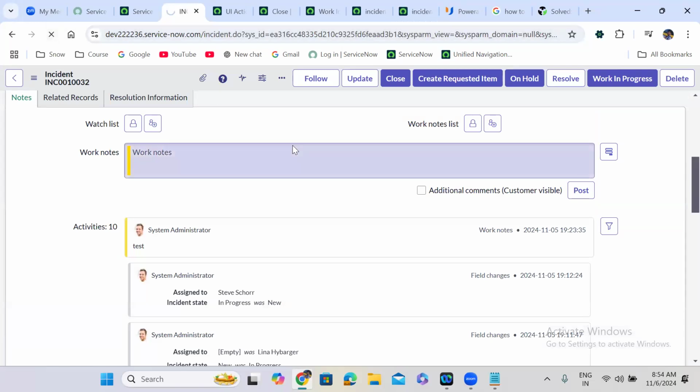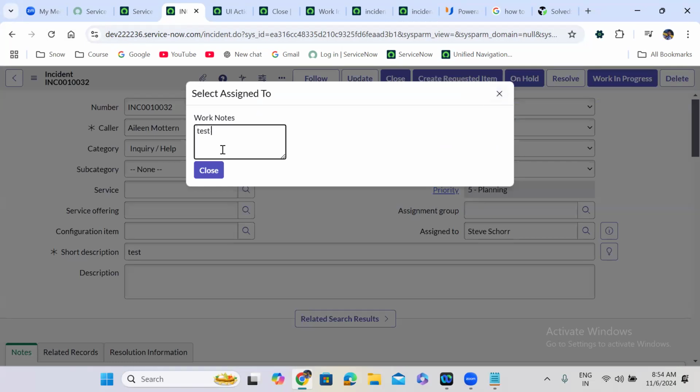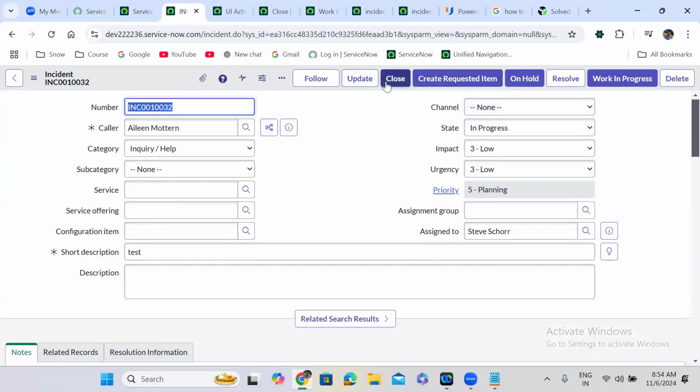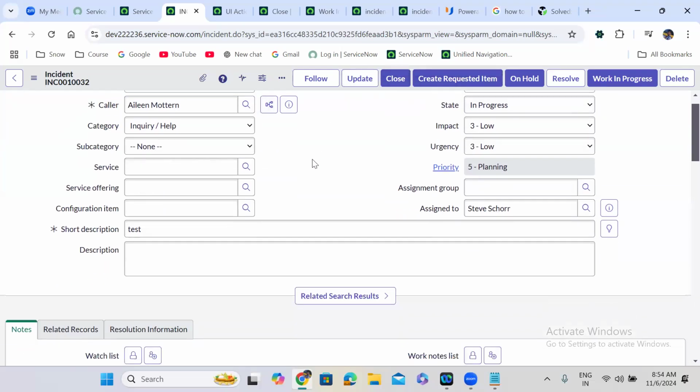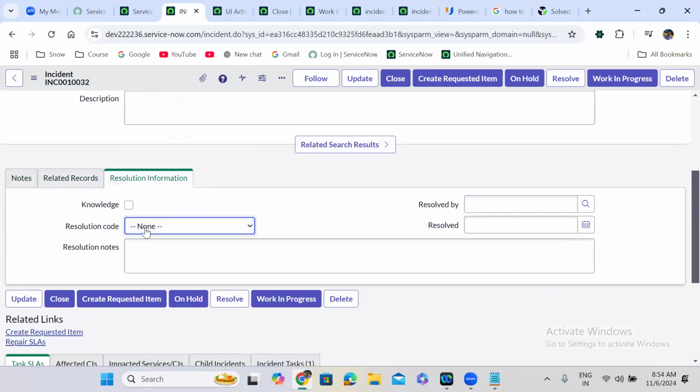We'll close this one. I'm just clicking on close button. It is calling the UI page. So whenever you click on close, incident is closed. What is it telling? The following fields are mandatory: resolution code and notes. Okay. So it is telling you should also enter the resolution code and notes as well. So whenever you are trying to close, it is asking that this resolution code and notes also must be provided, is what it is telling. So for the time being here, what I am doing is,